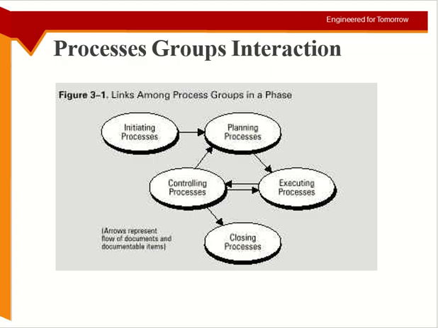Yes. So maybe you did something. You checked it. It's not according to the plan. Now you will change it, right? So this will go back here. You change because of the controlling process, because you found something new. So this is why it goes the other way.